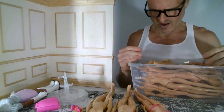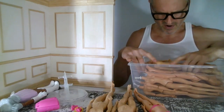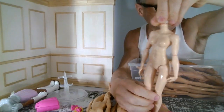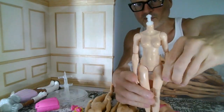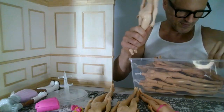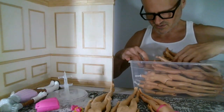But there's 5, if I remember correctly, 5 different shades of WWE bodies. This one is going to be for the tall, brown-haired, sculpted one. I know that I'm going to need one of this. This is the pale skin. It's the only one that came with Lana in the WWE. But there are some...